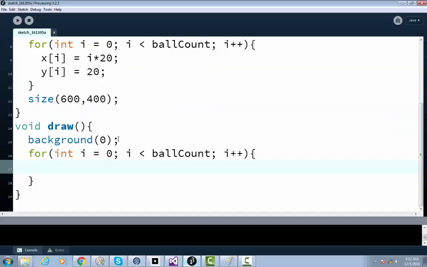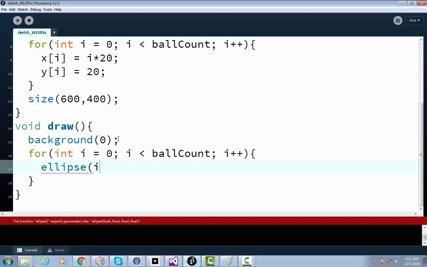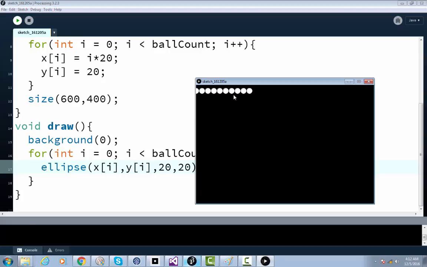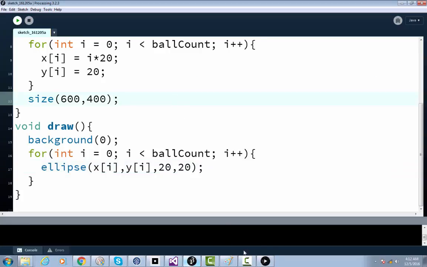And to display it, we are simply drawing our values. So y and 20 by 20. Sorry. There we go. Now we should see it working. See? We have, sorry,